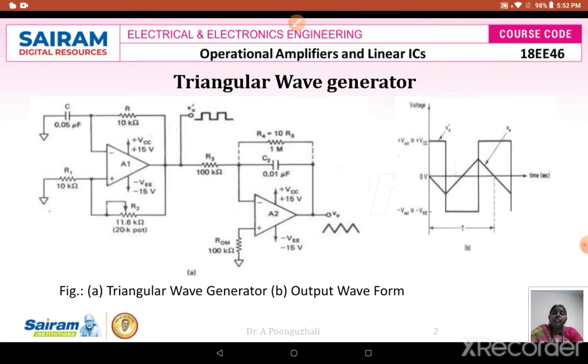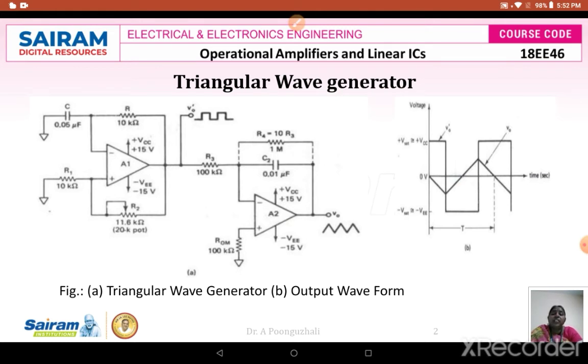And why we are going to have this resistance R4 is, if there is going to be any noise present at the input terminal of your operational amplifier A2, in that case to suppress the noise or to suppress that offset voltage, we will be using the resistance R4 in parallel with your C2 capacitance, so that this R4 value should be in such a way that it is 10 times your R3.